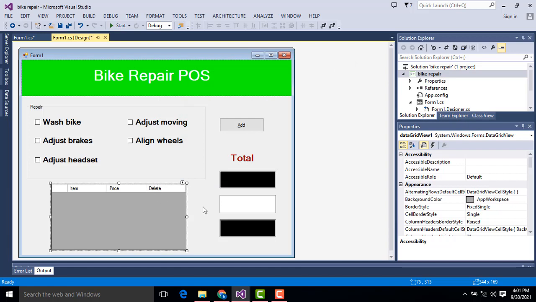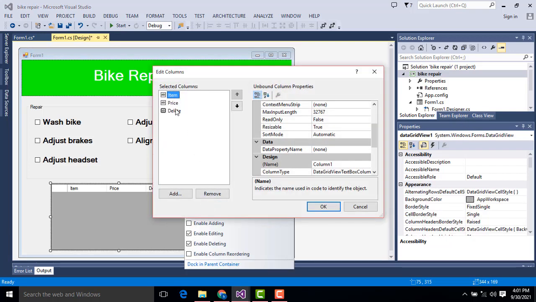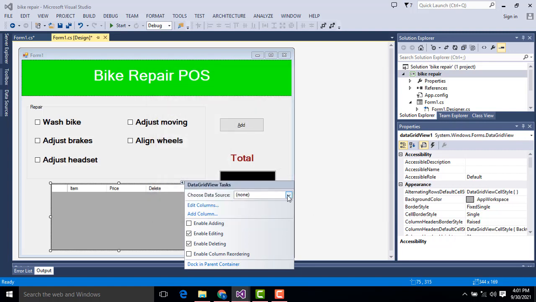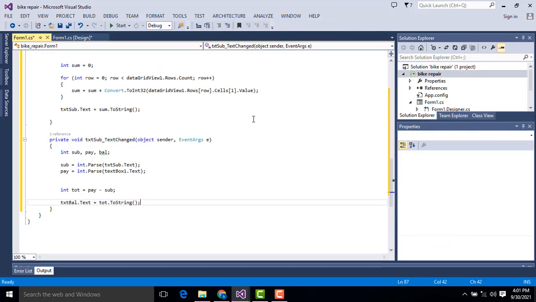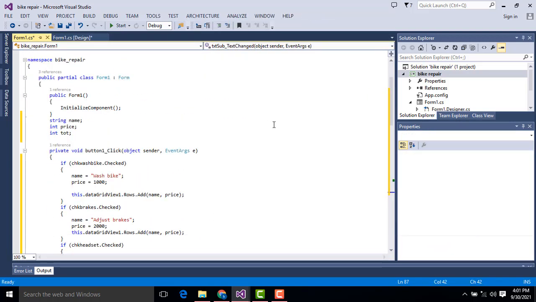Okay, so go to the edit. You will be able to change here. Here delete. This one should be the button. This one should be the text. This one should be text. This is the button. That's why here data grid view button column. You have to change the appropriate one over here when you create the data grid view. Then only we also change it to delete. So what I did here is we changed all the stuff accordingly.